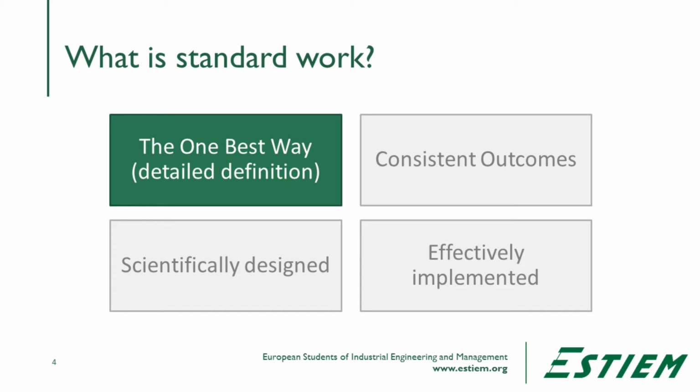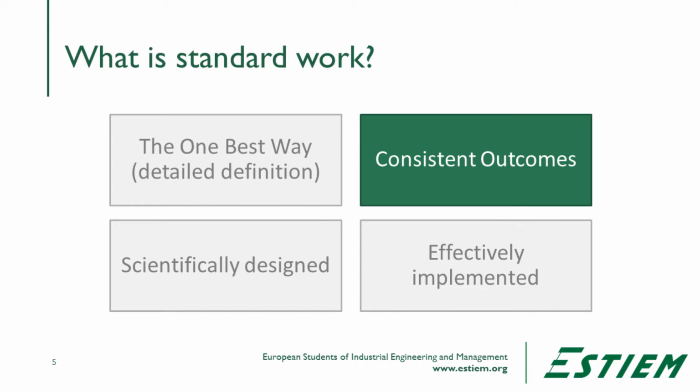So standard work is a detailed definition of the most efficient way to produce a product or to perform a service where we have balanced flow and we achieve the desired quality of the output. We break that work down into elements, we sequence them, we organize them, and then we repeatedly follow that process. The result of this is consistent outcomes. Standard work should be able to produce the required product demand at the lowest total cost